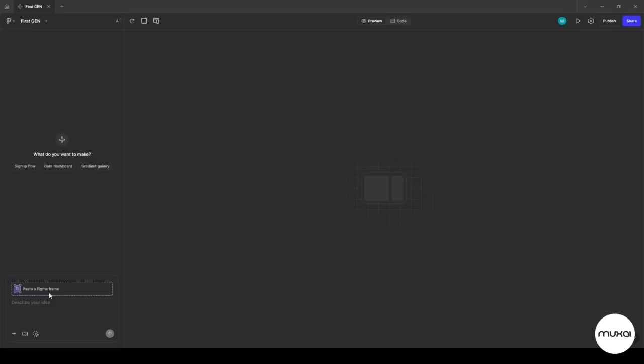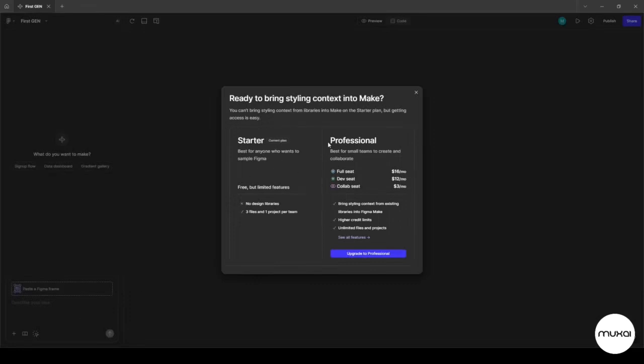And below it, we have our prompt section where we can write in English, it can be anything, right? Then we have a plus icon where we can import from Figma or upload an image as an asset, basically uploading a file which is very similar in all Gen AIs. After which we have a book icon, and clicking on which we can see that it's to bring our styling context into Make. Okay, so we can actually import our design system directly into Figma Make to use those assets